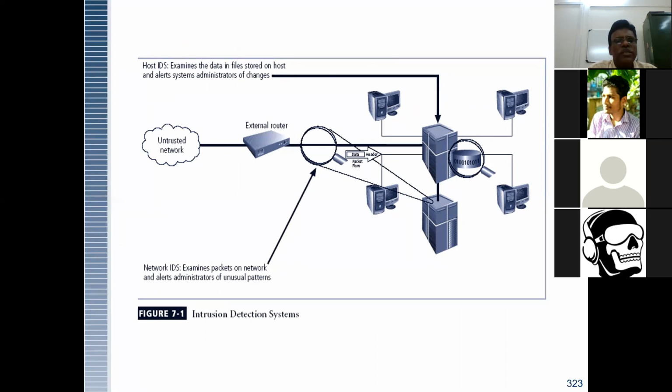IDS examines in which way the packets on the network pass and alerts administrators to unusual patterns. So we have a server. Server is a full-fledged server. Server is a rack server. Server is a secured server. Server is a configured server. Correct? No? You can easily measure. It goes directly and connects through host IDs. That means to say, if an intrusion detection system is already available, and some sort of files, folders, images, whatever data goes through that one, identify who is coming from the trusted network or untrusted network.